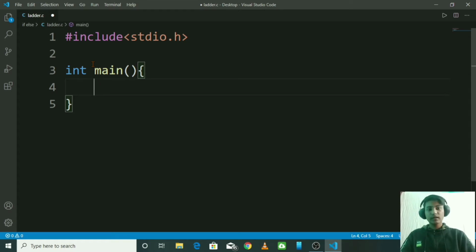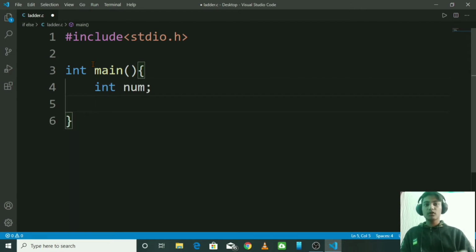So here I will make a variable and it will take the number of the weekday entered by the user. For example, we will print "enter the number", and the user will enter any number, and then we will display the name of the weekday. Or if he enters a number more than 7, it will display "enter valid number". So let's start. Declare a variable num, int num, and then semicolon. Obviously we are working in C, so semicolon.